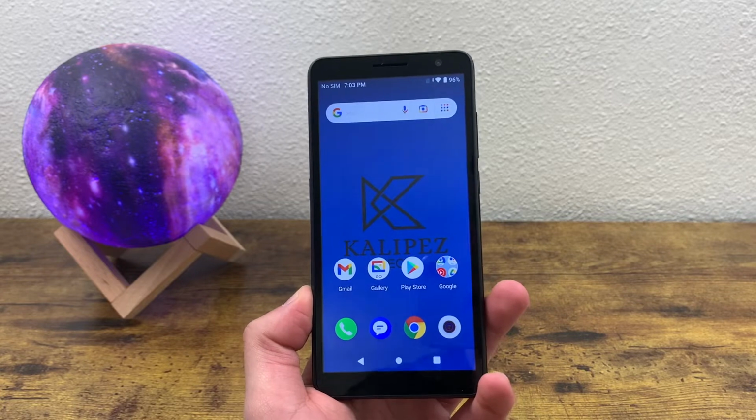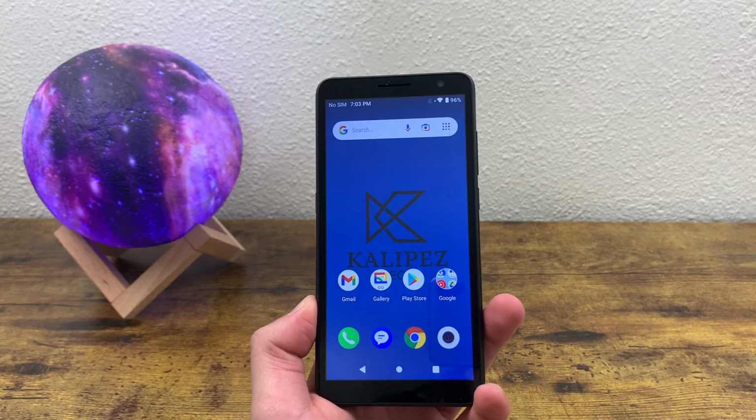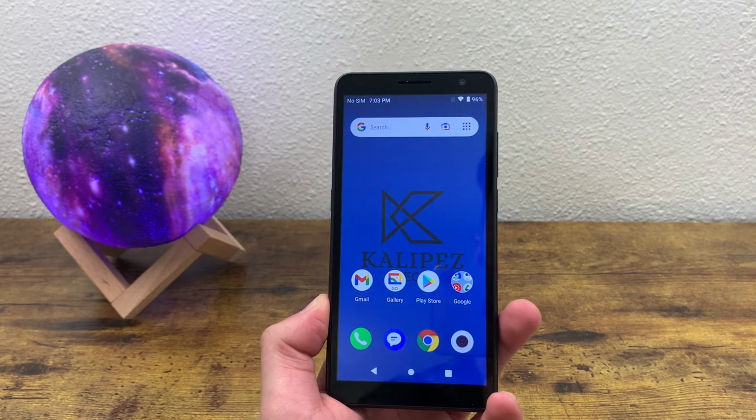This is the beginner's guide to the Alcatel Glimpse. In this video, I'm going to be showing you some tips and tricks for this phone to help you get